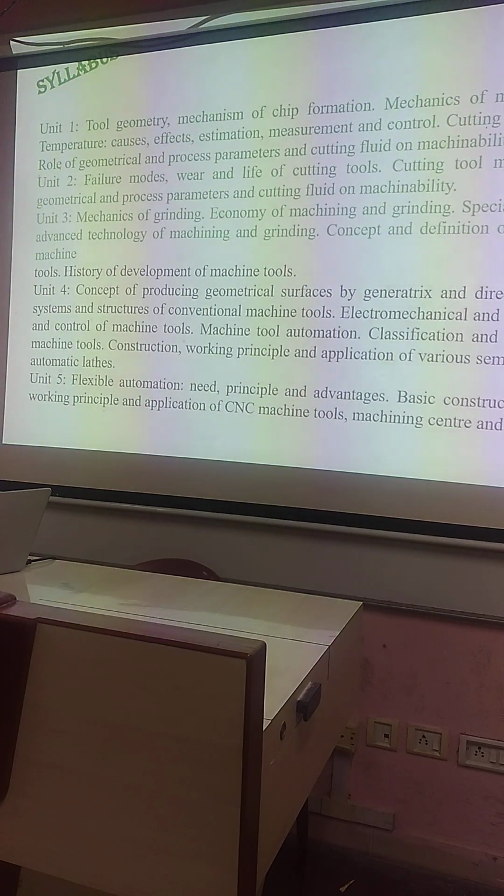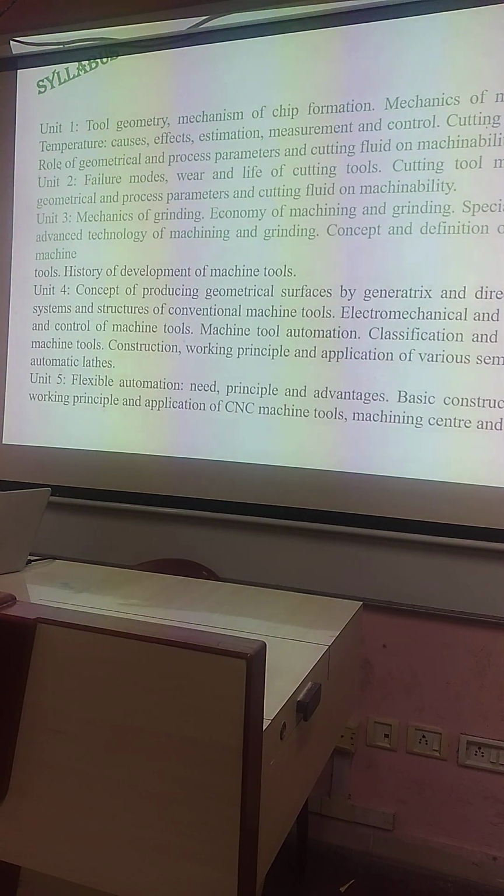Special technique means CNC machines, CNC lathe, CNC milling, CNC drilling, and some adaptive control system, measuring cutting force using a dynamometer and different types of sensors, cutting temperature. We can do the adaptive control. If cutting force is high, then we have to provide low cutting speed, low feed rate, and less depth of cut. Tool geometry, also rake angle, clearance angle.